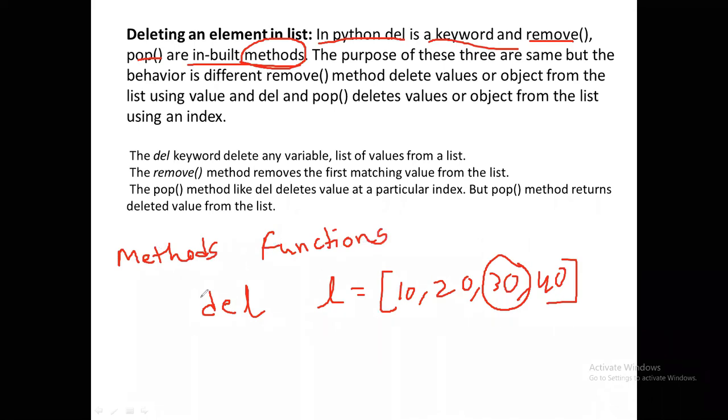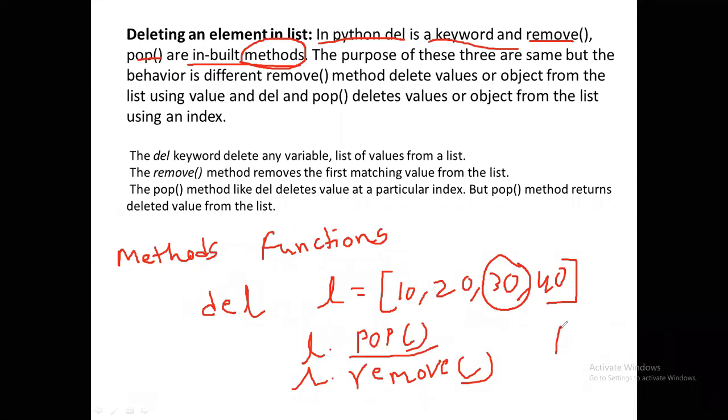If I call it with the help of an object, for example L.pop or L.remove, all these are methods. If I call pop directly, then we call this a function. There is no object here.